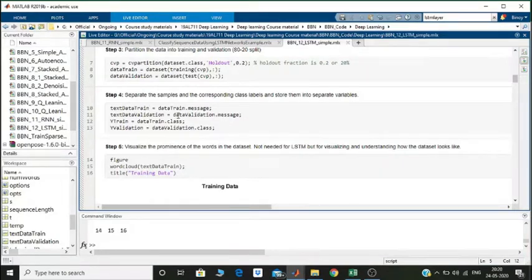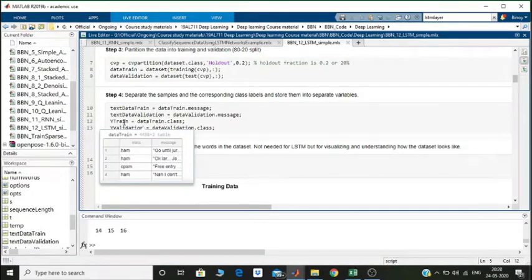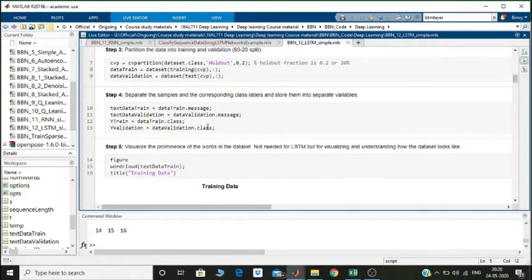Similarly, the validation data's message column I am putting into text data validation. And similarly, the output, the y data, the class variables, are also being moved into two different variables, just for ease of understanding, nothing else. You can also directly work with the table, but just for ease of understanding, we are moving them into different variables.